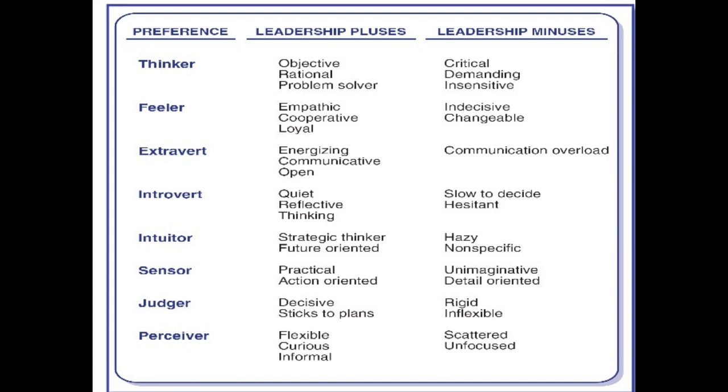On the other hand, the leadership minus is that sometimes you may be too overly communicative, where there's a communication overload, and that your constituents, your followers may be introverts and may not want to have so much information. These are examples of different preferences of being a leader. And by understanding your pluses and minuses, you can be more reflective on how you can lead your group in